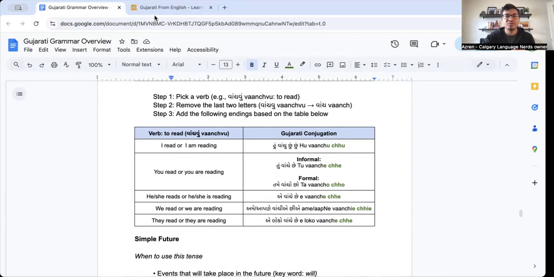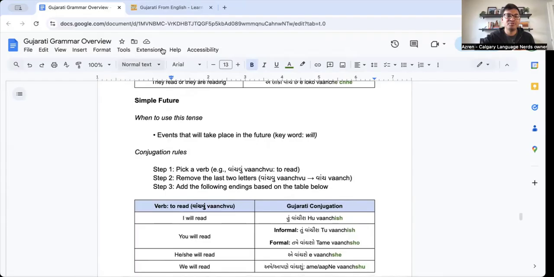If it's tu vanche che, tame vancho cho, e vanche che, ame apne vanchiye chie, e loko vanche che. Like those green highlighted ones, those are the possible endings. For the simple future, we use it for events that take place in the future. The key word is will. It will happen, right? We take a verb like vanch,